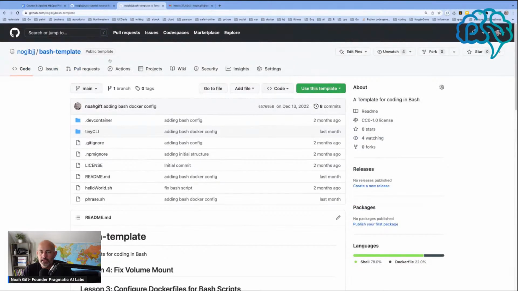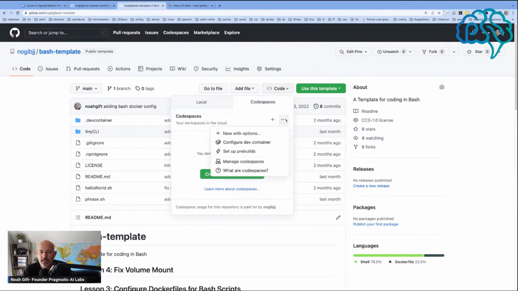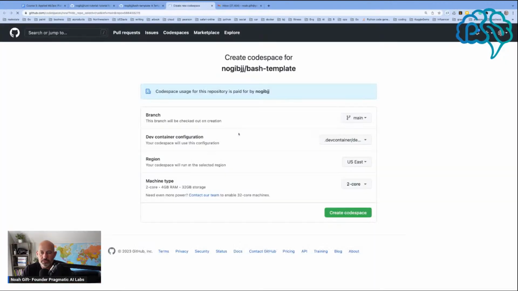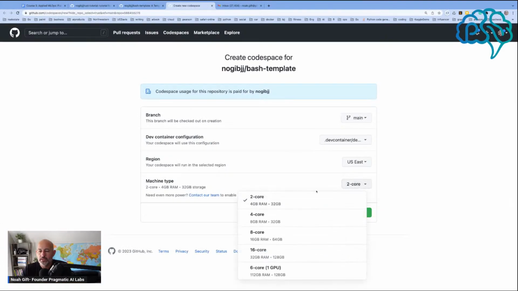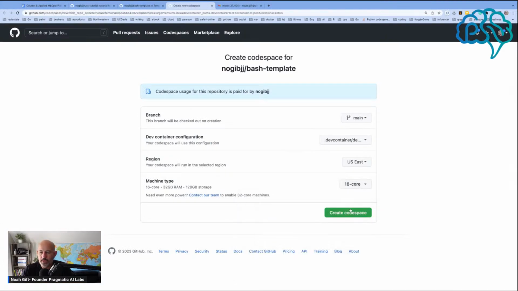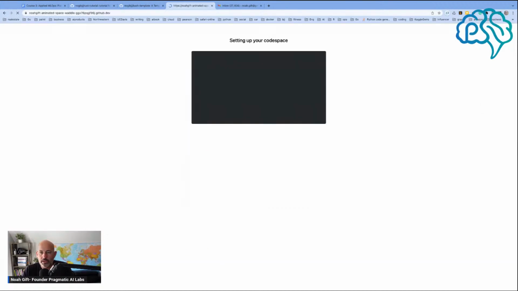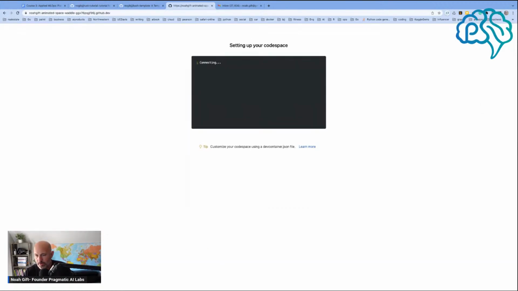I'm going to go to this repo, nogi bjj bash template, click on code right here. I'll say new with options, select 16 core, and then say create codespaces. Perfect. And then once I go through here and create this,